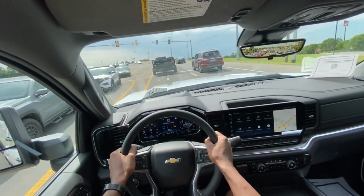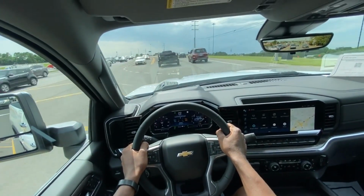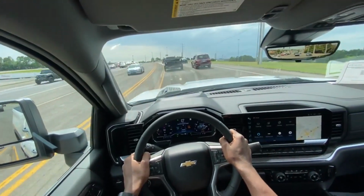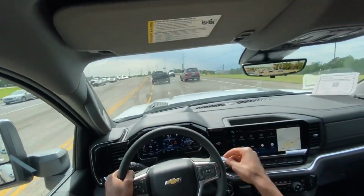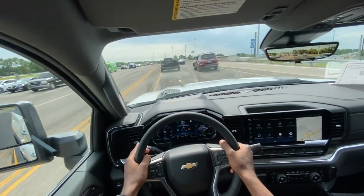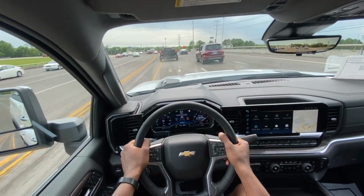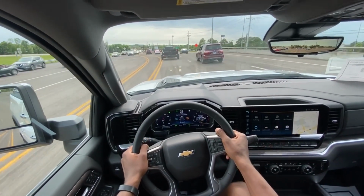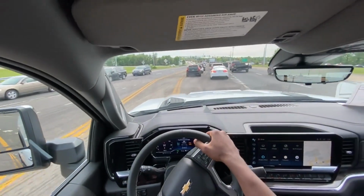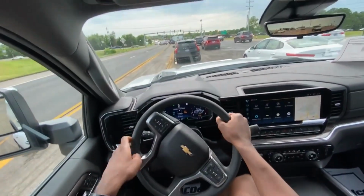Now, in terms of just how massive this truck is, it's still pretty easy to control, to keep in the lines, just because the visibility is so good. You have a rear camera mirror, blind spot monitors, towing mirrors, all of that. So you can keep yourself where you need to be pretty easily. Now, it still has the weight, mass, and the overall feel of a 3/4 ton truck, but again, in terms of just being able to see out of it,